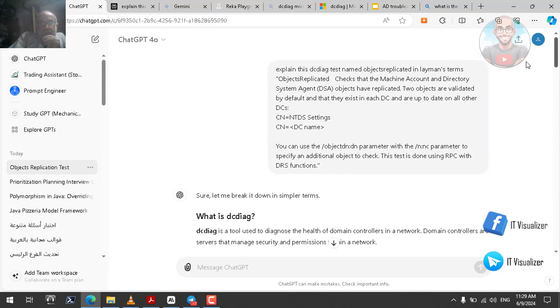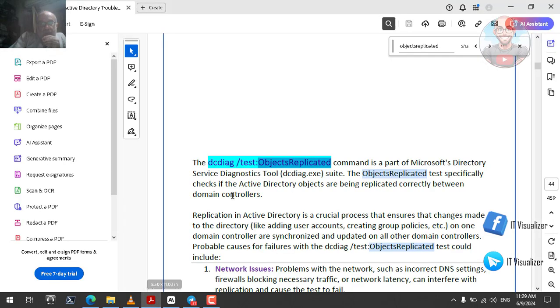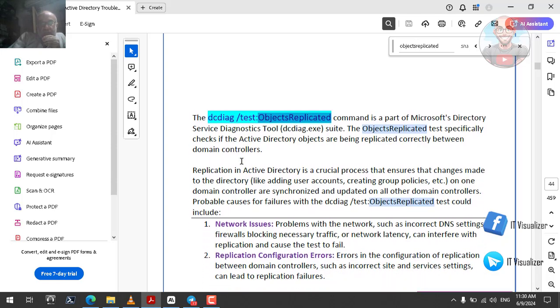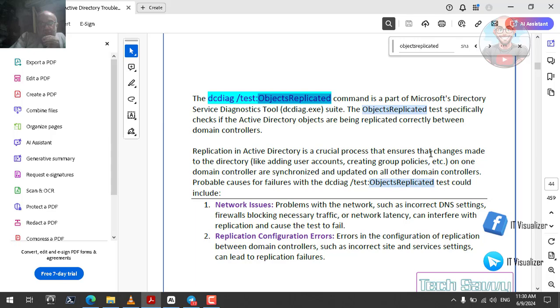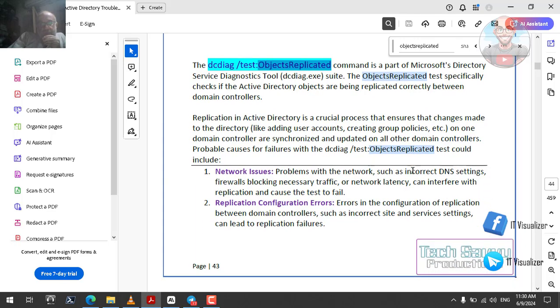this is the definition of the objects replicated test. Let's take a look at the description here. It is saying that this test specifically checks if the Active Directory objects are being replicated. It's talking about users, computers, and groups. Replication is a crucial process that ensures changes made to the directory, like adding users, creating groups, and so on,